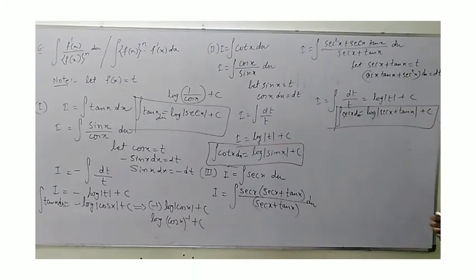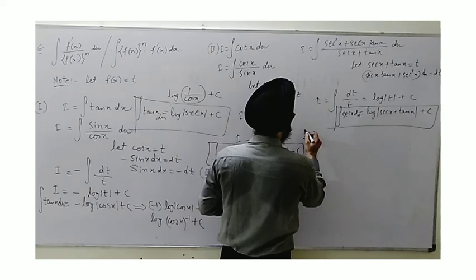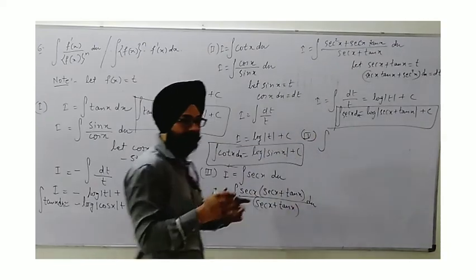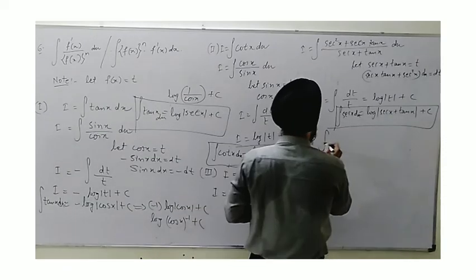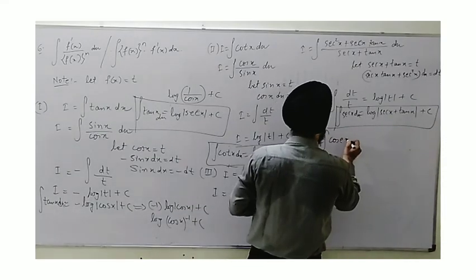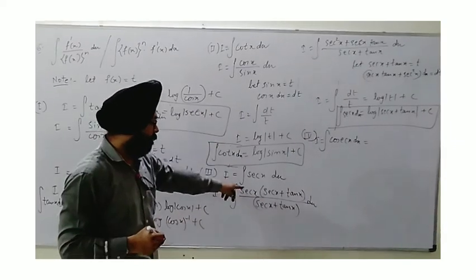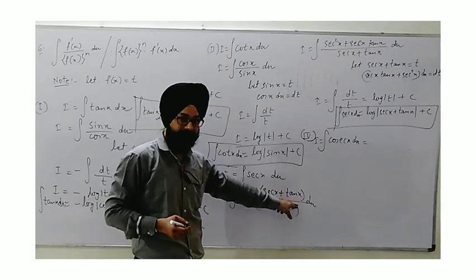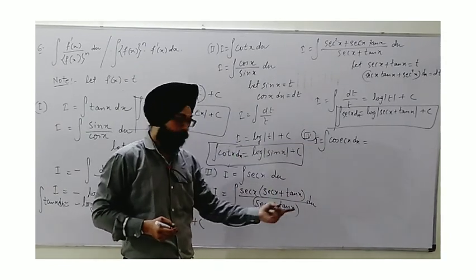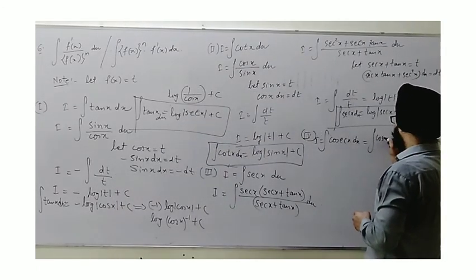Now the last one in this pattern, cosec, is left. So in cosec, what is the expression? Let's see. Sec and cosec follow almost the same pattern. If I want to know the integral of cosec x, then again we will follow the same thing, multiplying and dividing, but by what? Here you can see I used sec and tan, so there I will use cosec and cot. In place of plus, we will write minus. Actually everything is planned.